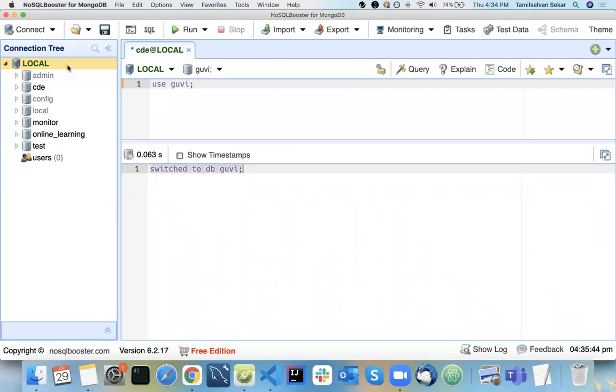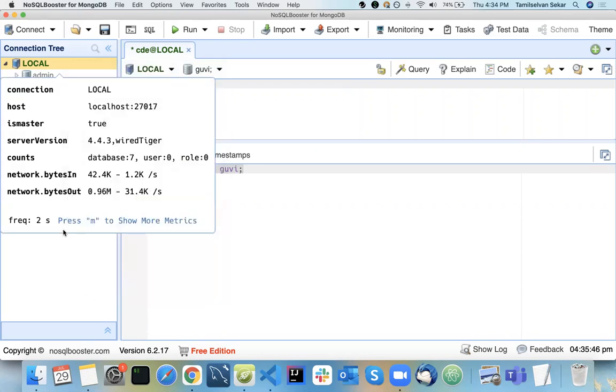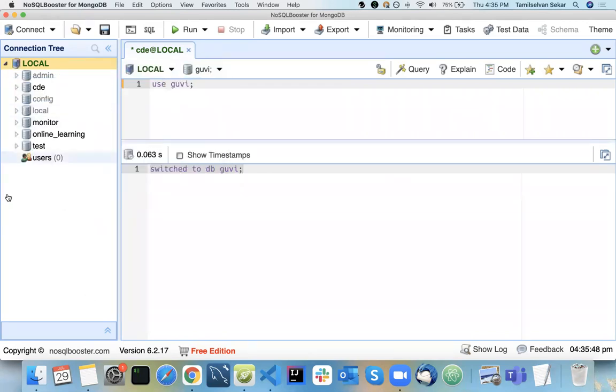If you refresh here, it will not show your GUI database. The reason is that the database you mentioned, like use GUI, will not show up if it does not have any collection.